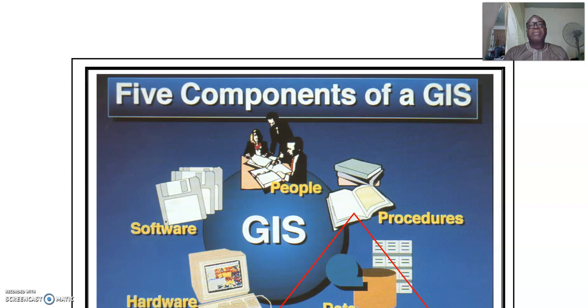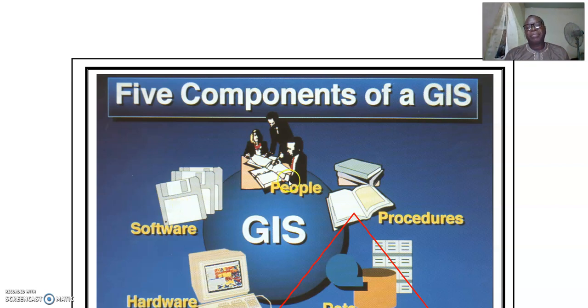We also have open source GIS software like QGIS, SVG, and other types of open source. We also said earlier that software is critical and usually forms the major investment in setting up a